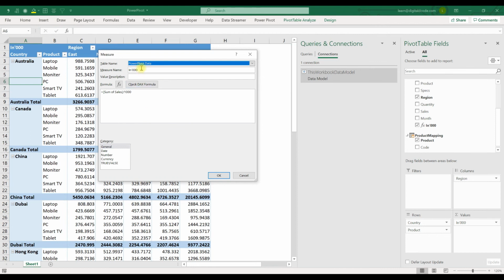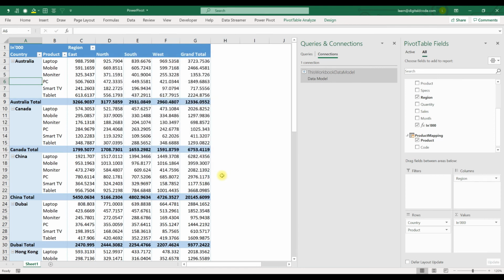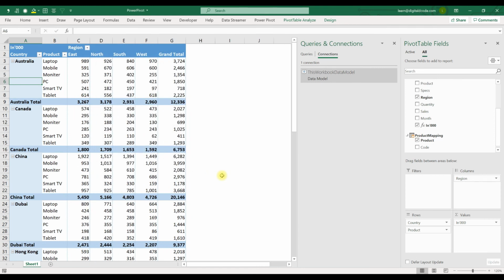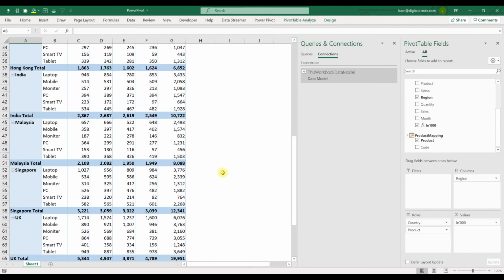Like in thousands you gave the formula, you can also choose the decimals. I want whole number and use comma separator, because if you choose whole number, the decimal will not be visible. Just press OK. So now you have the numbers in thousands.